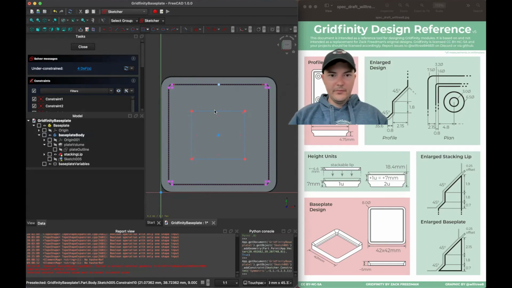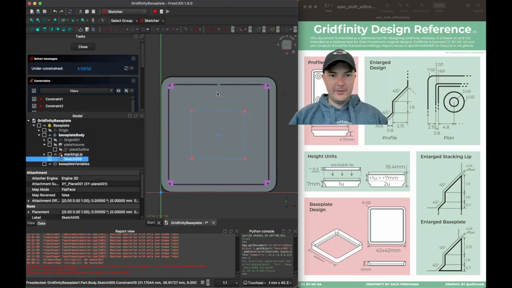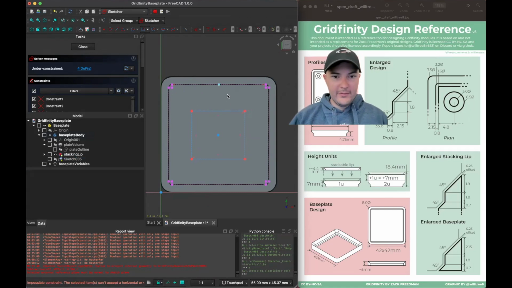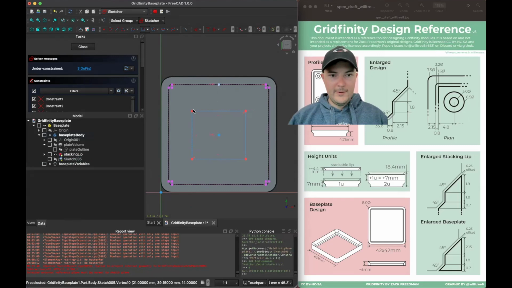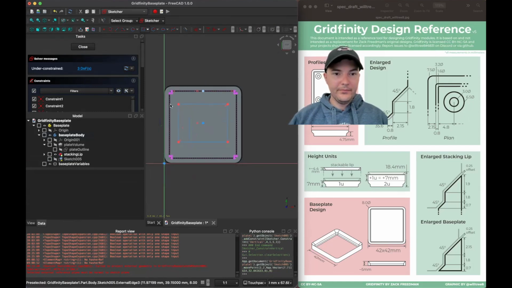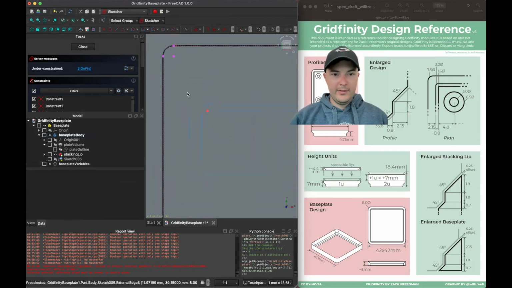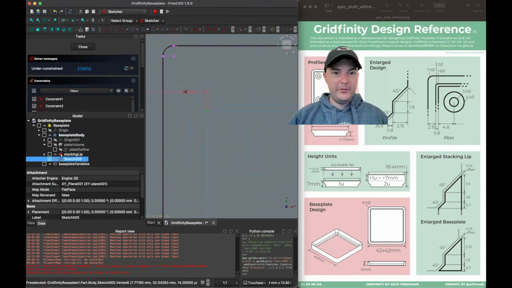So now what I'm going to do is I'm going to select this point. And this point, I want to give it a vertical constraint. So now, if I drag anything around, you see that that point stays vertically here and here, and it's symmetrical. So now I'm ready to dimension this square